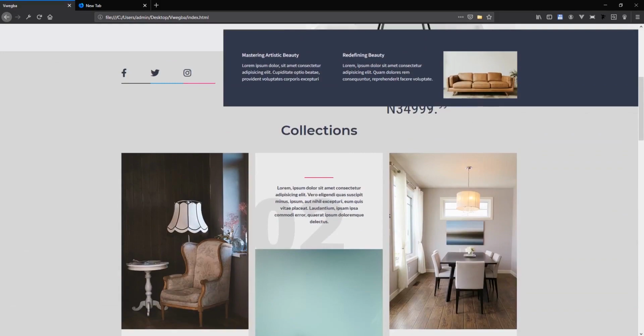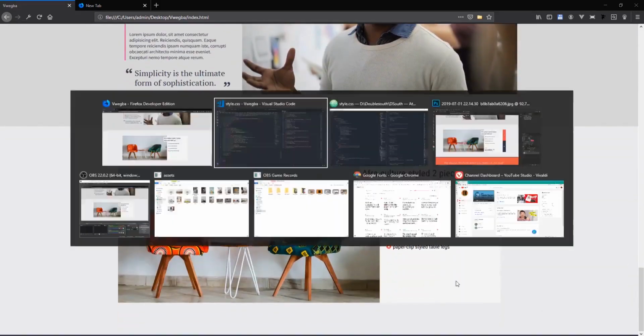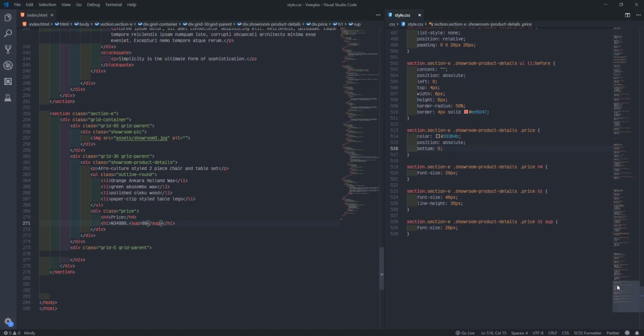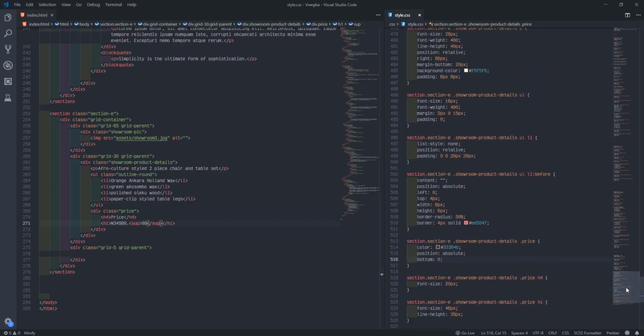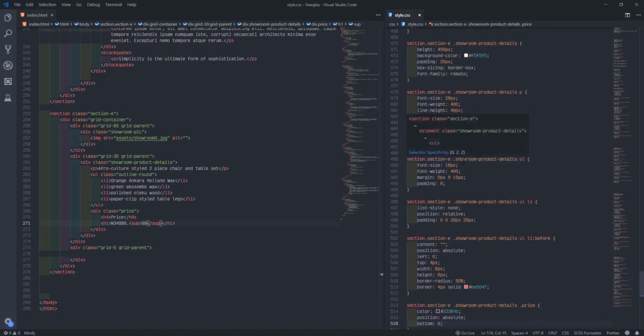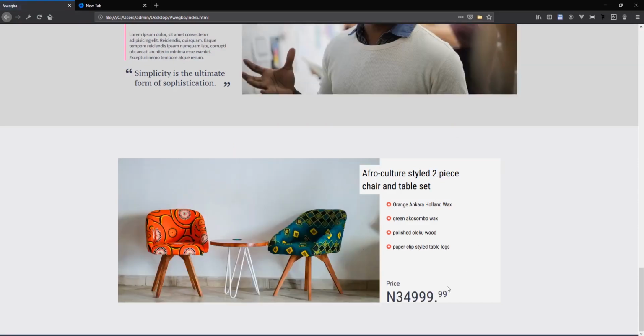See what I did. So now, what we'll do? We'll make this guy relative now. So we'll go find it. I think showroom product details. So I'll come here, I'll say position relative, refresh, it'll come back. So we'll start to push on our button now.